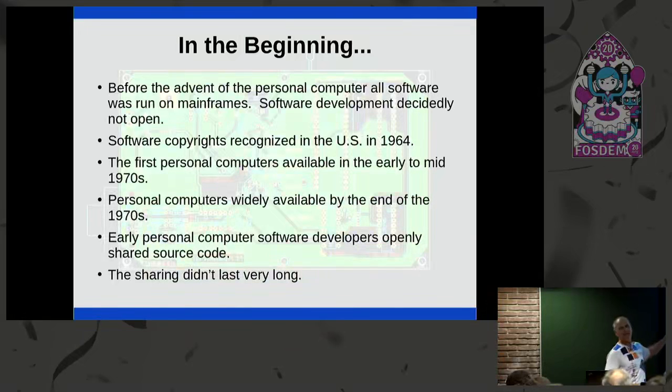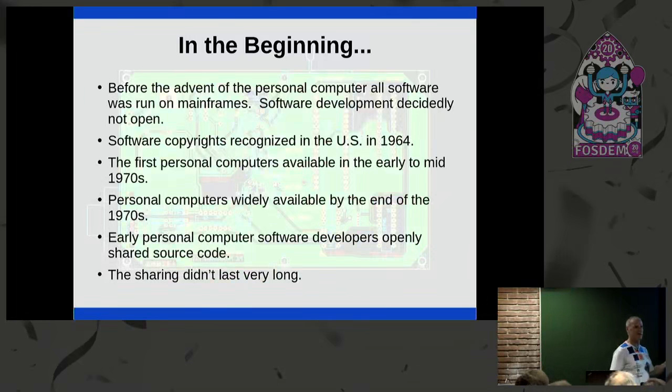But it was pretty obvious even back then, in the very early days of computing, that software copyrights were coming. So the big companies lobbied the major governments. In 1964, software copyrights were recognized in the US, and pretty much everybody else in the world followed suit pretty quickly. There was kind of a lull while they were still sorting out the microprocessor world. The small 8-bit micros were in design between the early 60s and the early to mid 70s, and it took a while. So there wasn't really any software development open to the general public. By the end of the 70s, the PC was starting to take root.